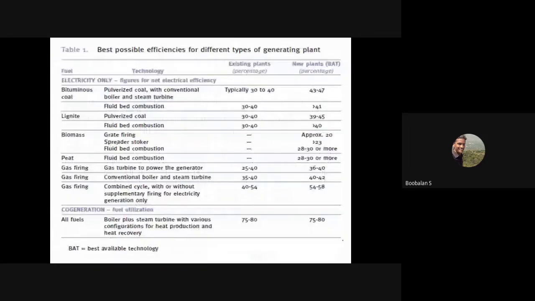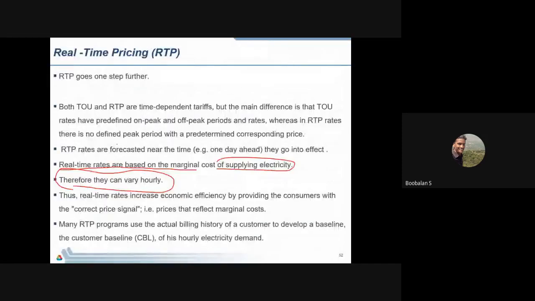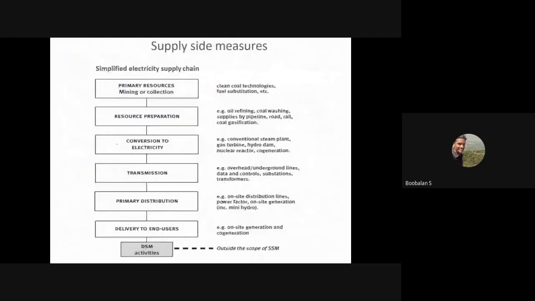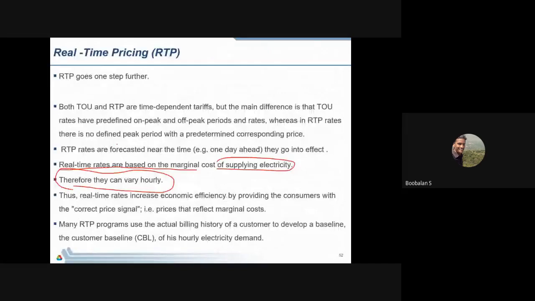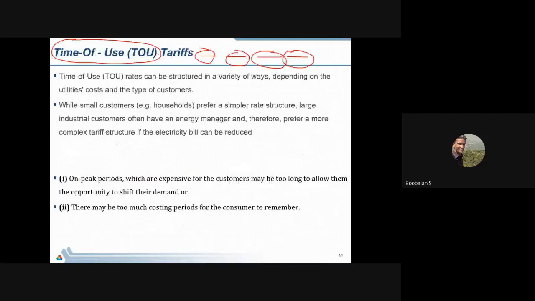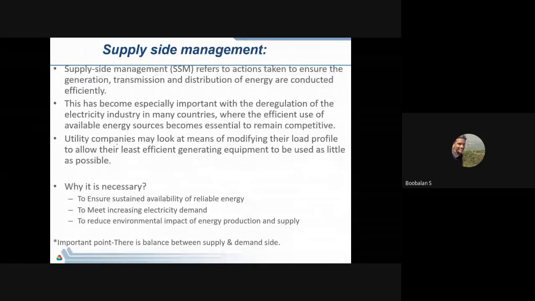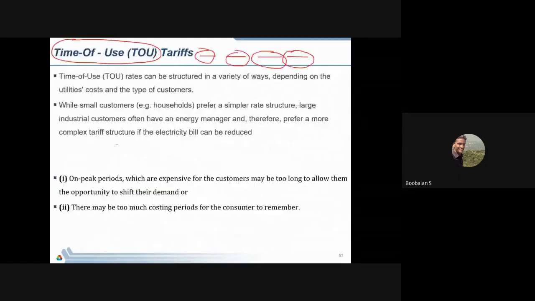Now I'm moving on to one more new slide. These are all extra data. If you have free time, just go through it. But this load side, that is called demand side management, will stop here, right? From real time pricing onwards, these are some extra data. The same data which I got from a different source, that's why I clubbed it together here, right? The same data is going to be repeated over there.